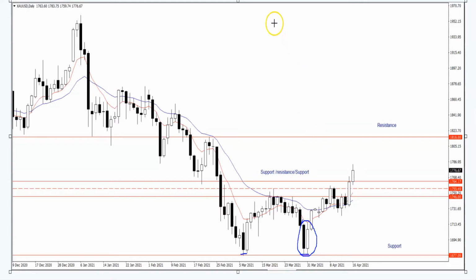resulted in a huge bullish pin bar on the weekly time frame. If you go to your weekly time frame, you'll see that. But on the daily, traders, we had this double bottom pattern here. I made mention that if price breaks out of the neckline of this double bottom pattern through here at 1755.49,